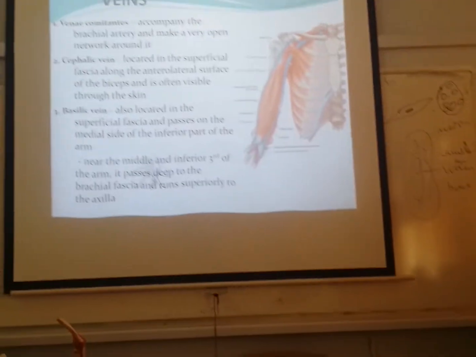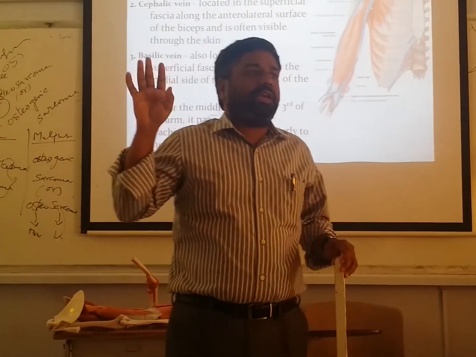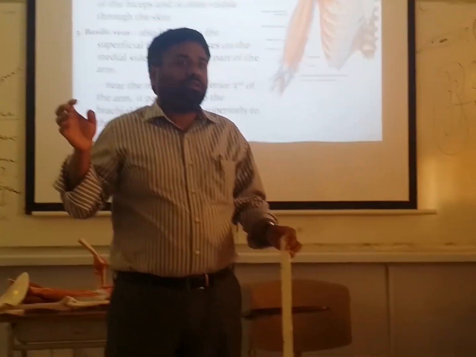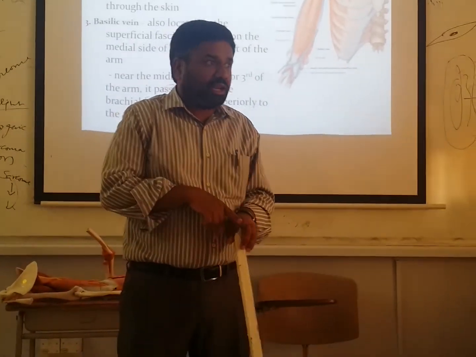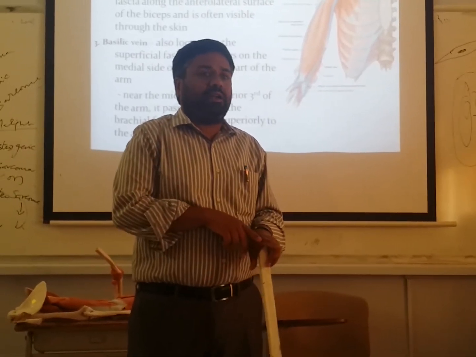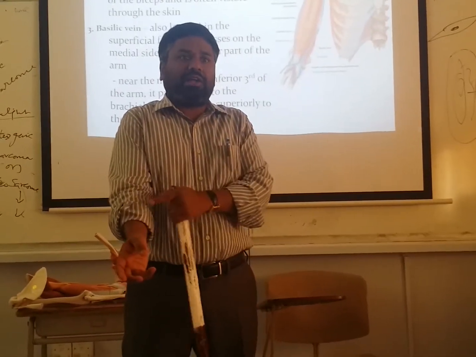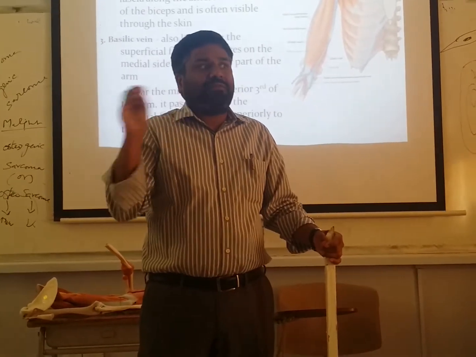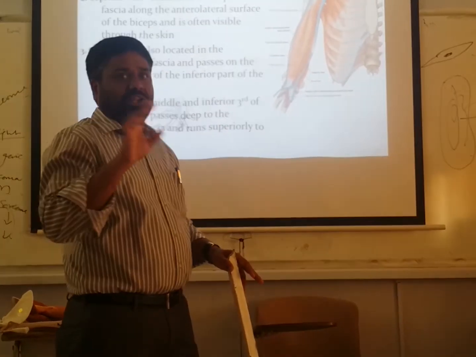Now coming to the veins. Anywhere in the body, all the deep veins, how are they named? Deep veins are in the deep fascia. They are named the same as arteries, because the deep veins run along with the arteries. They are called vena comitans. The veins running along with the brachial artery are brachial veins. The veins running along the radial artery, radial veins. Ulnar artery, ulnar veins, like that. Deep veins are not given a different name. They are named as their arteries along which they are running.